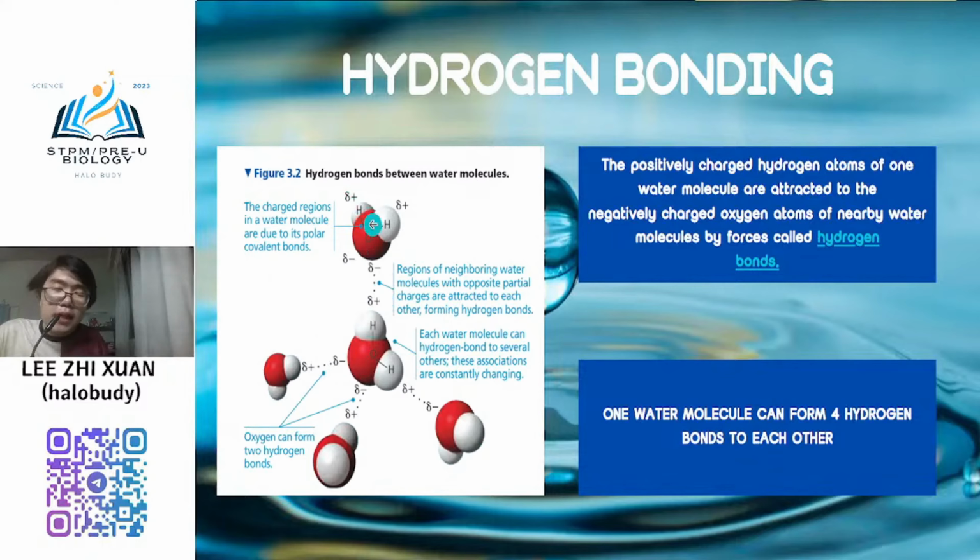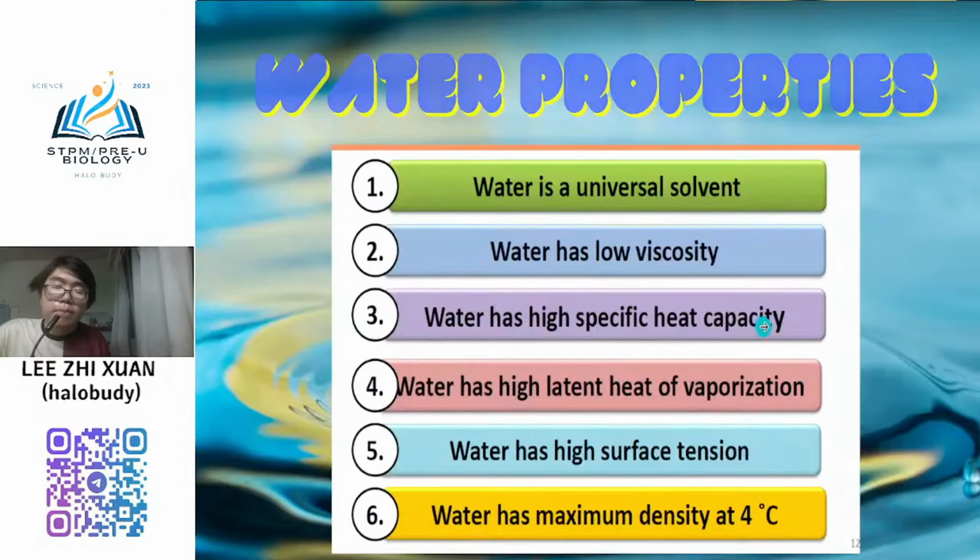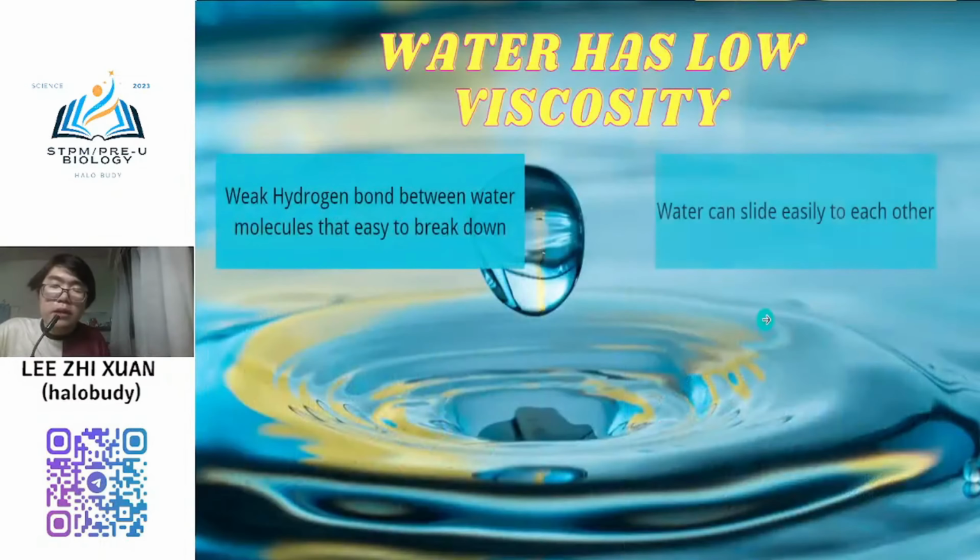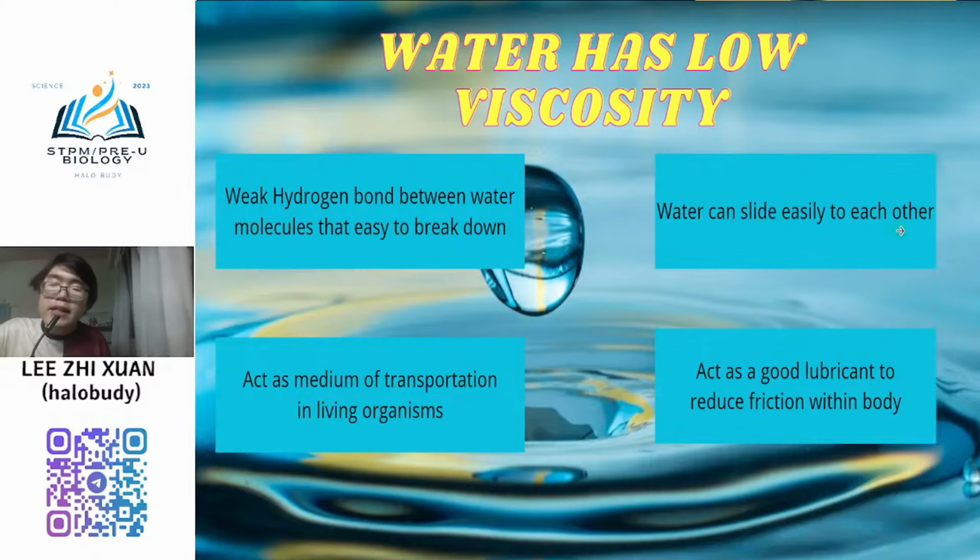Maybe it will have the interaction, then bila satu jam lepas dia pergi cari water molecule yang lain. They will find other water molecules to form other hydrogen bonds. So the interaction will not be retained long, retained only short. So that is why they can slide easily over each other, and it acts as the